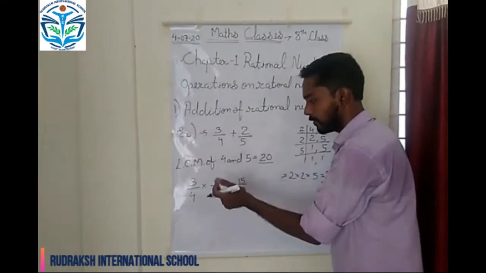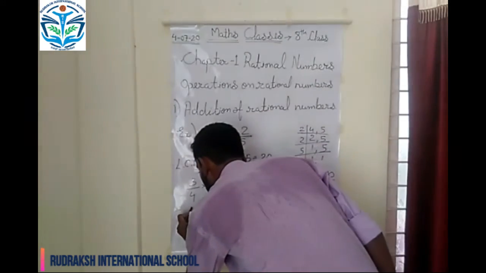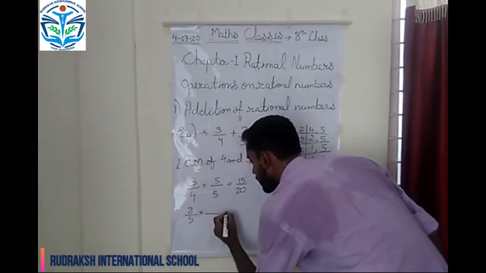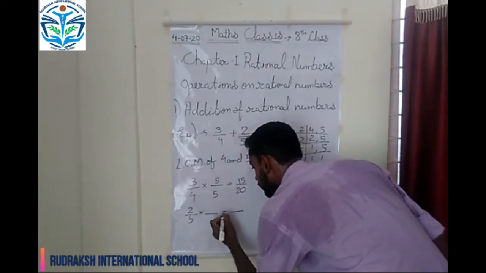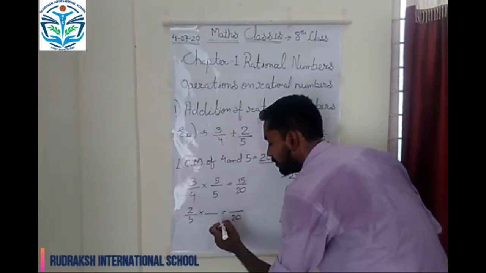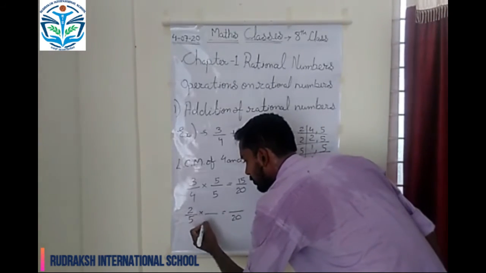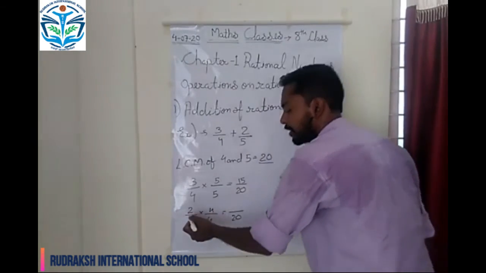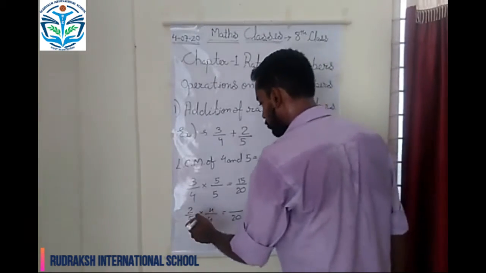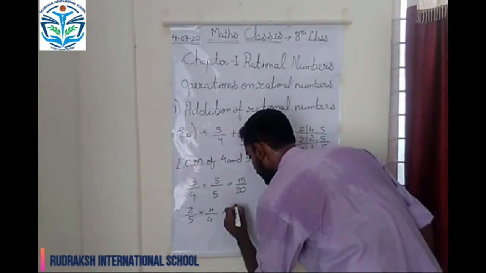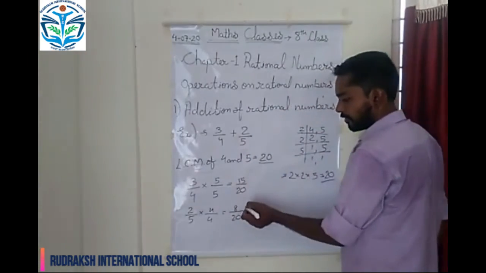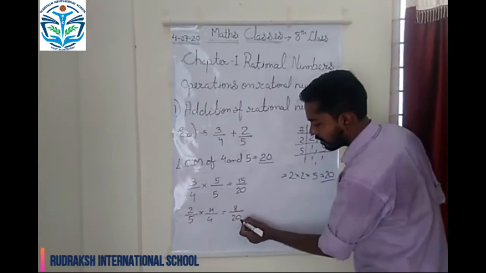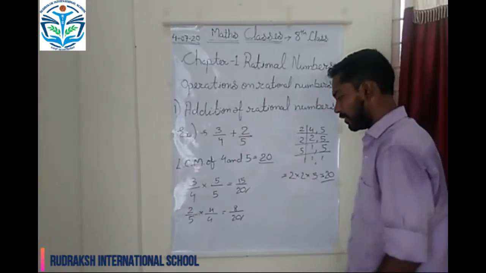Now for the second one also we have to do the same thing. It is 2 upon 5. So again, what are we going to multiply in 5 so that we can get an answer of 20? So again we will multiply 4 because 4 into 5 is 20. So again in the numerator also we are going to multiply 2. So 2 4s are 8 and it will become 15 upon 20 and 8 upon 20. So now we have got the rational numbers which are having the same denominator.